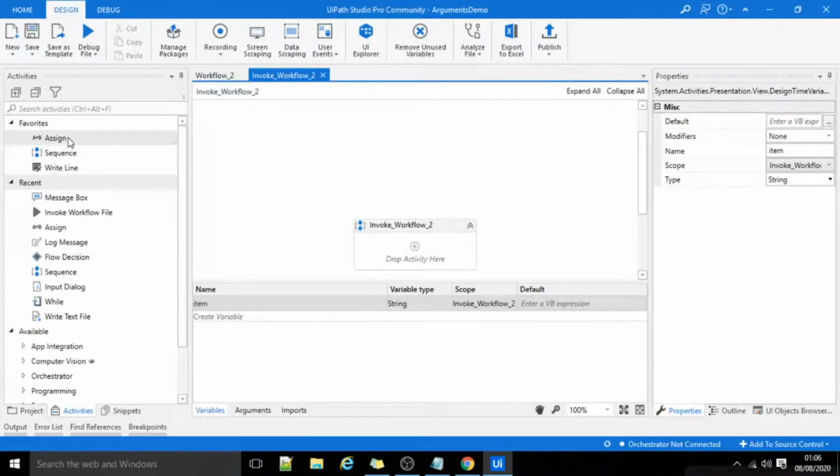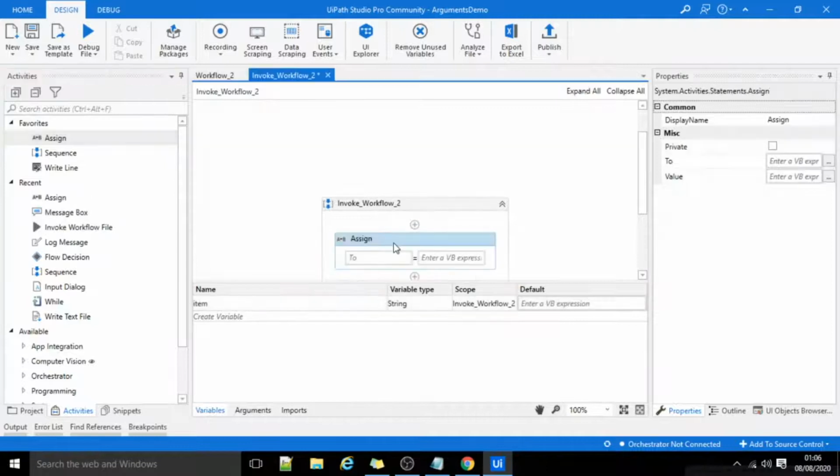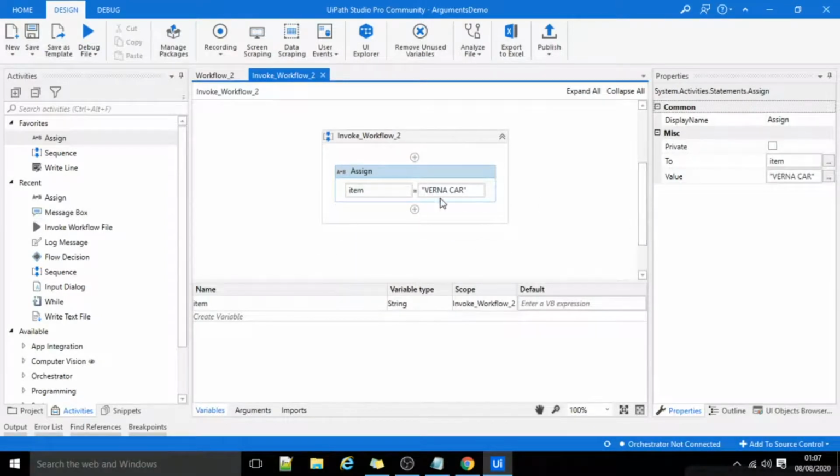I'll assign some value to this variable item. I'll assign the value Varna car. So this text value I am assigning to this variable item.